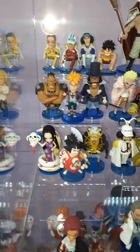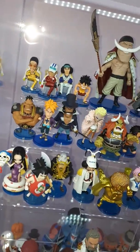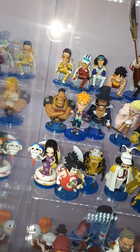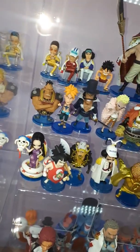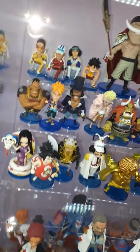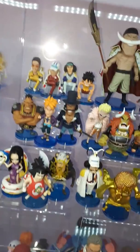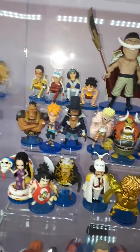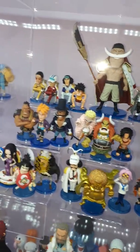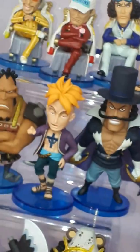So yeah, he looks pretty awesome. It would be cool if they gave him the diamond effect, but we've never had a WCF diamond style Jozu. Maybe that'll be something that comes later as a devil fruit set or something like that. Marco, and there's a few different Marcos, I'll get onto that in a bit. And Vista. And yeah, these are all from the Volume 32, 33 sets,